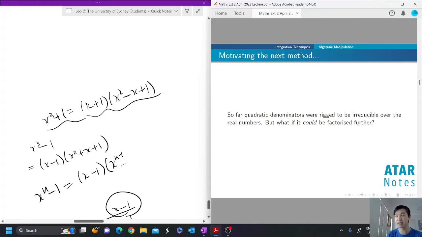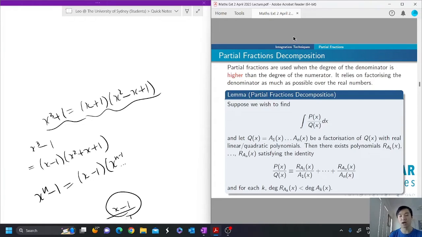I mean, not a divisor, a denominator that was irreducible, which meant it can't be further factorized over the real numbers. But what if you can factorize it? Well, as I pointed out earlier, you'd need to use a technique called partial fractions. So basically what partial fractions is,